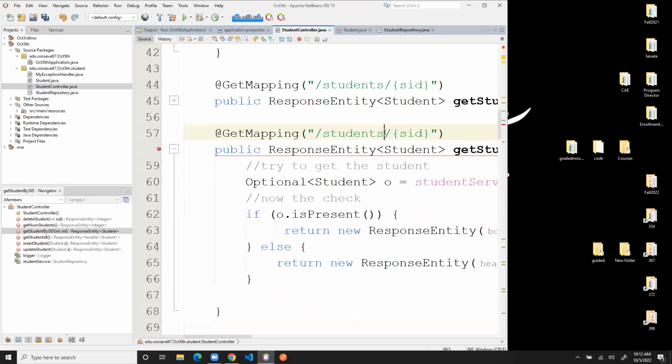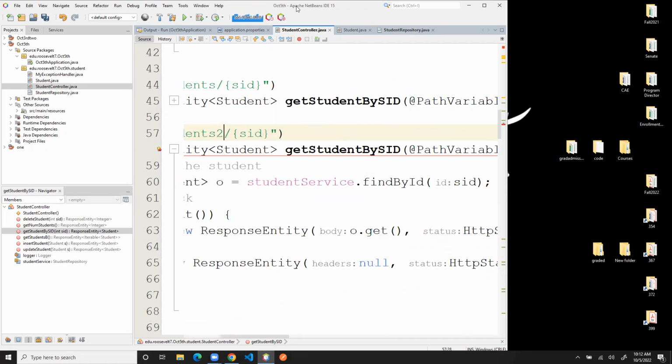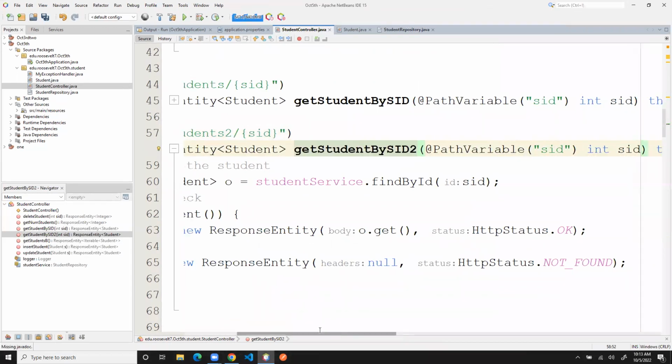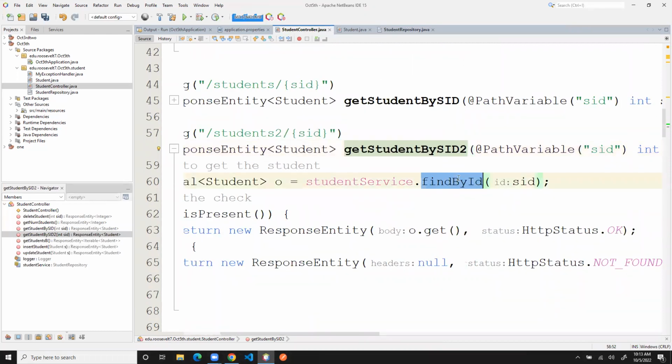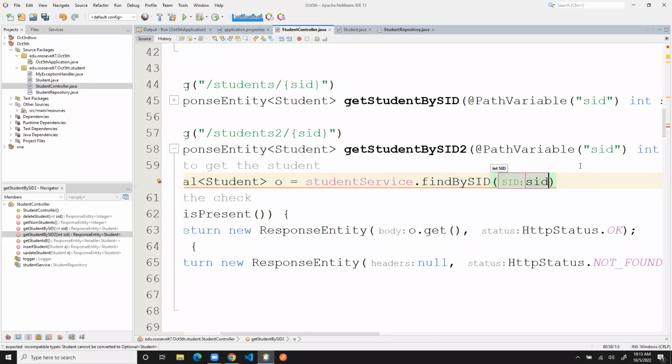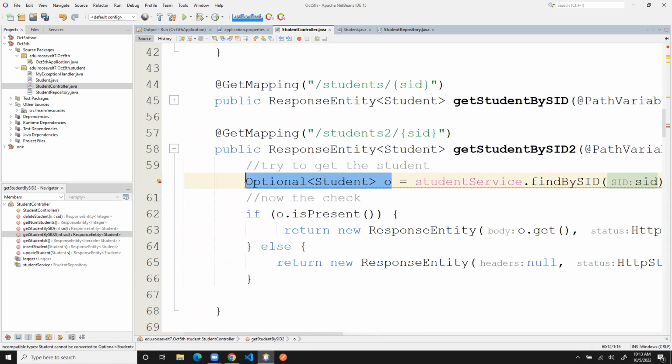Okay. So now I'm going to call this students 2. And I'm going to call this get student 2. Oh yeah, we can maximize. I didn't maximize it because the thing was in the way. So we're going to call this get student by SID 2. Now find by ID. Yeah, find by SID. It no longer takes that. It returns a